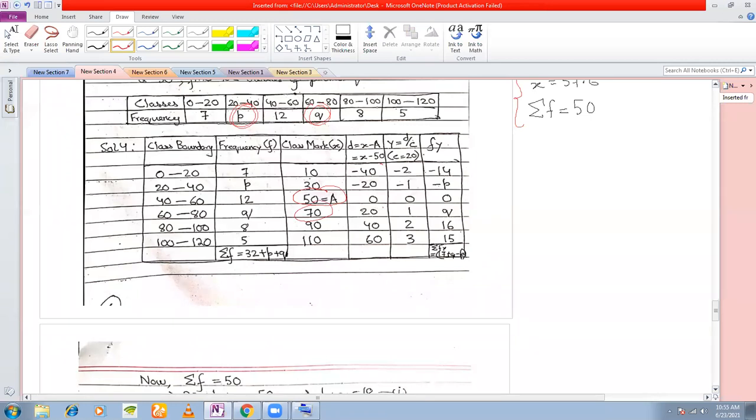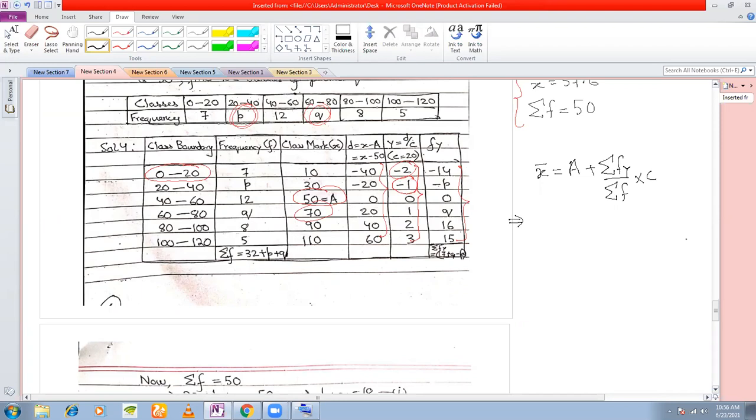And you take the deviations, calculate all the deviations. Okay, and because we are using step deviation method, we divide each deviation by the class width. What is the class width here? Class width is 20 for each. So we divide each deviation by 20. So minus 40 by 20 will give you minus 2. Minus 20 by 20 will give you minus 1, and so on. Fine. And finally, you have the column for f into y, right? And we know that the formula for mean by step deviation method is a plus summation fy divided by summation f, into c, right? So now you put the values here.